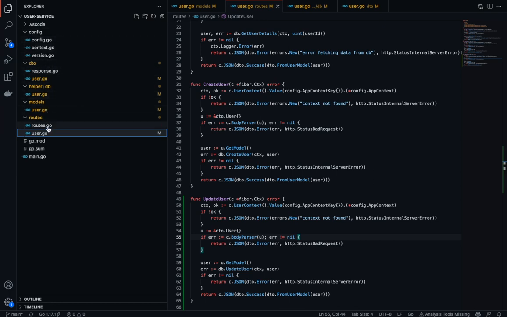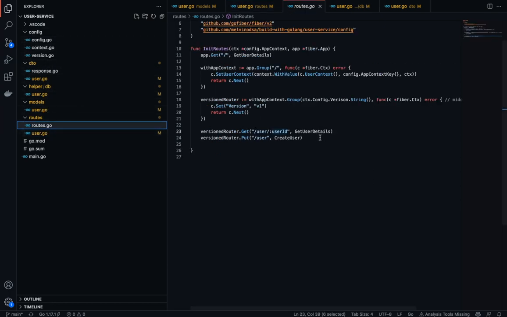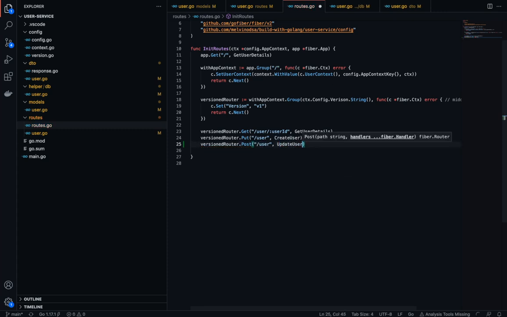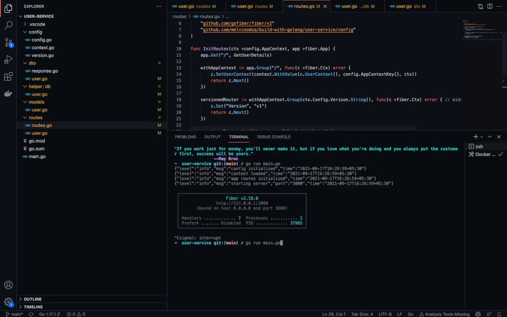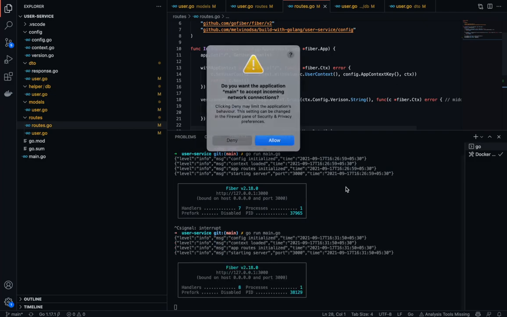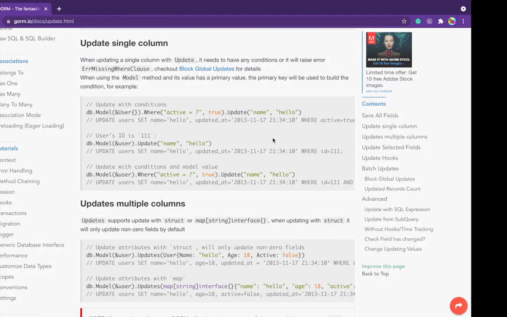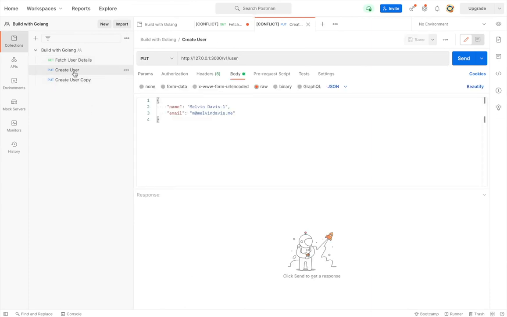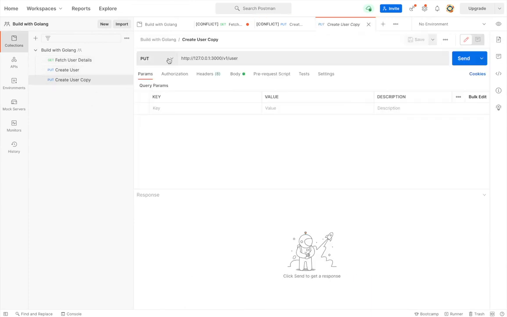Where is routes? So this is routes. Router.post update user. So that's it. Now let me try to run it again. Okay, here I'll add a new request. I duplicate this request and change the request type to post. This should be post,